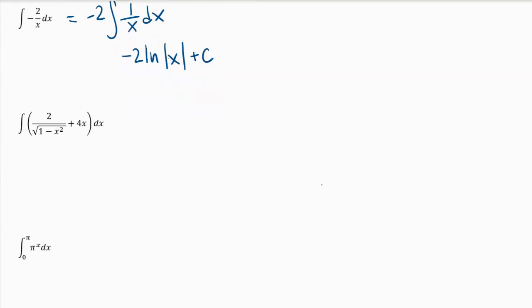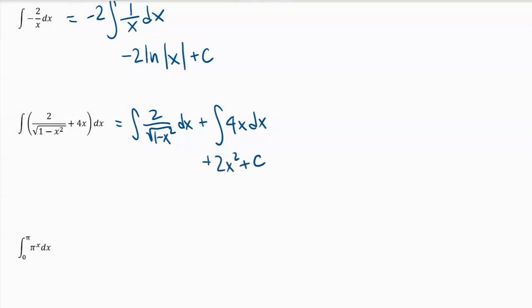Let's split this into two integrals to begin with. So I have the integral of 2 over root 1 minus x squared dx, don't forget your dx, plus the integral of 4x dx. The 4x dx part is just going to be 2x squared plus c. Now the 2 over root 1 minus x squared,